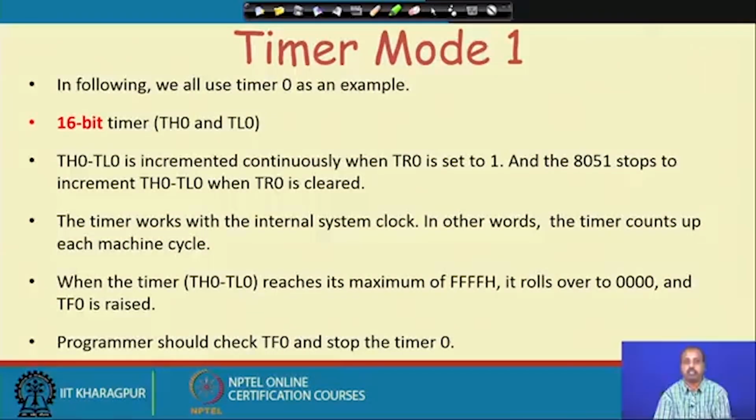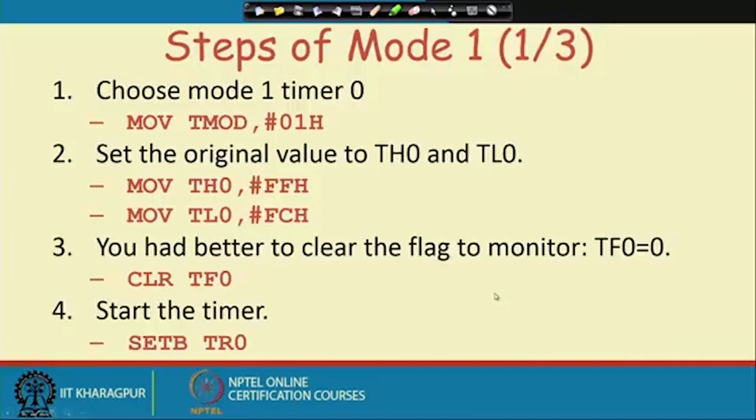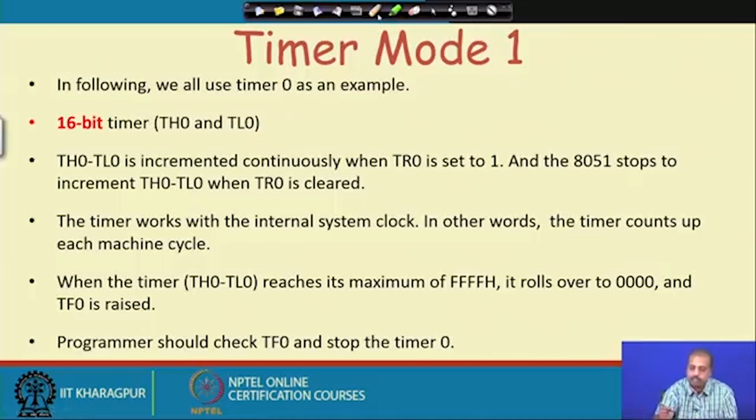So, that is the mode 1 operation of this timer, and the programmer can check TF0 and stop timer 0. Now, the programmer, as I said, may use polling. In a polling mode, the programmer can continually check this TF0 bit. So I can have an instruction like this, after setting the timer, starting the timer. Somewhere I have got this SETB TR0. So the timer has started, and after some time, if I just want to have a delay, we can say that jump on not bit